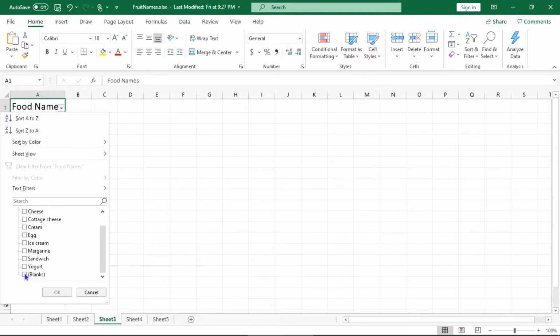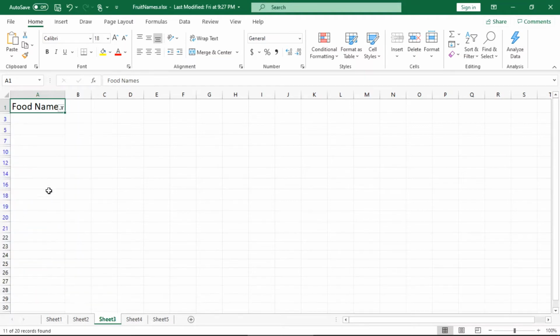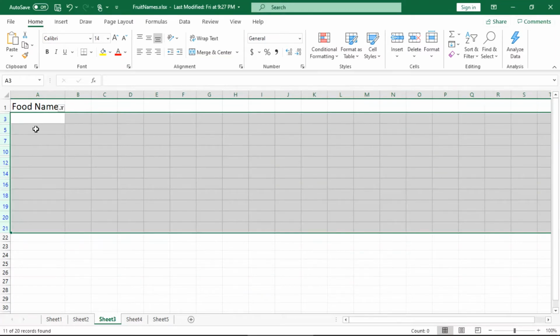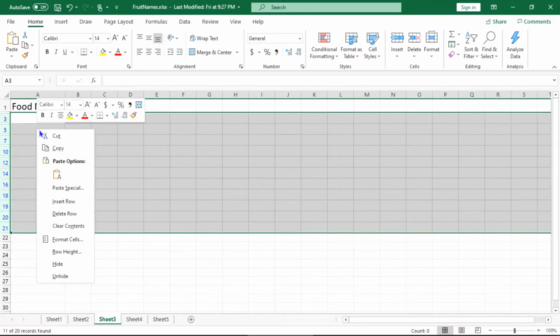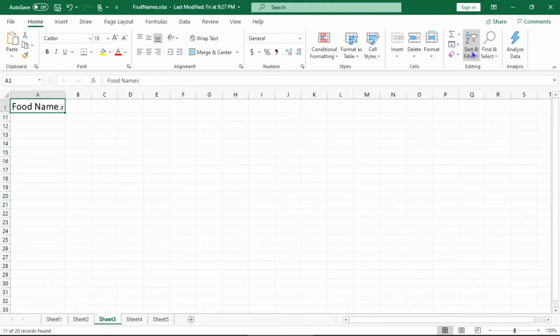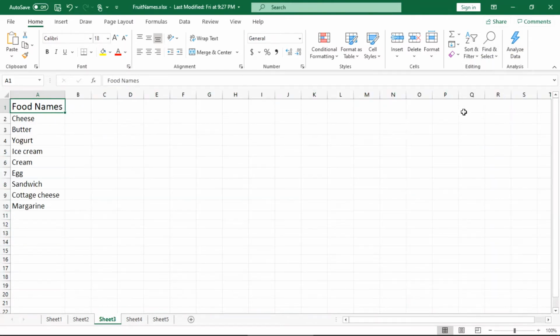Now click the blanks and click OK. Now all your blank cells are selected. In order to remove those blank cells, select any one of the rows and drag across whichever data set is selected. Right click with your mouse button and click delete row. Now go back to sort and filter and remove the filter. Now all your empty cells have been removed.